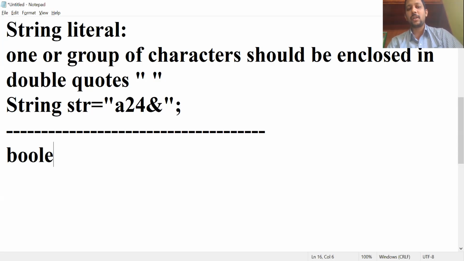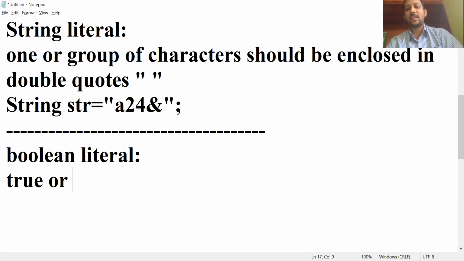Now one more literal left, that is Boolean literal. For true or false purpose, either true or false, we are using Boolean literal in Java programming. Now one example program on Boolean literal, how to represent.